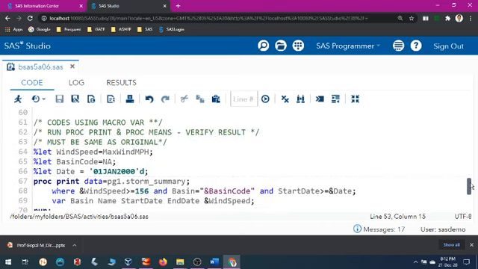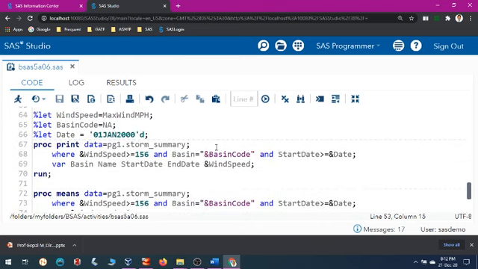Now let us see how we can make use of the global statement. For example, I'll be using %let, wind speed is equal to max wind mph, right? I'll be using it, and for the basin code I'll be using NA, date is equal to the particular date. Please note that when you write the date it has to be in the date format,